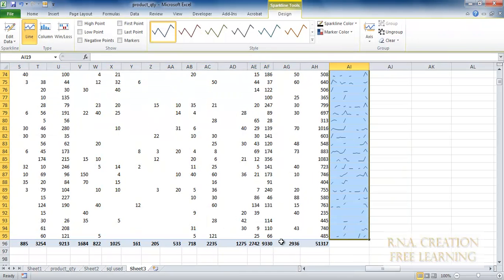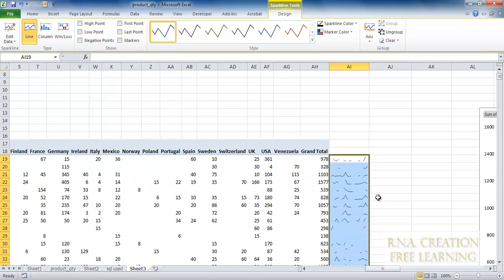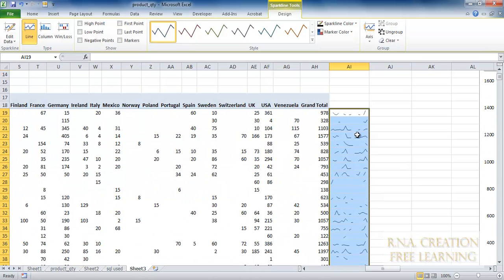And I've done it, and I'm going to click OK, and you can see these are lines going up and down. What has happened is that this data is not consistent as such, so it is showing the line having a breakage because the data is not consistent. But if it was other data, it would have been very consistent and would have shown up. I will show you in the other graph how to use this with consistent data, because this is inconsistent data as you can see.